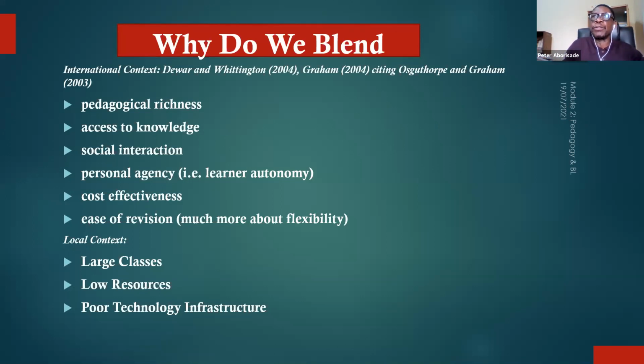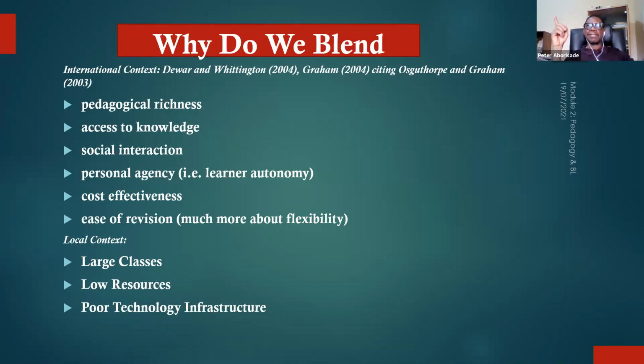And ease of revision. Your materials are online. Your students can put their materials online. They can create their own spaces. They can revise at any time they want. That's the advantage of blended learning. But what about the local context, the Nigerian context, the African context, particularly the sub-Saharan context? You have